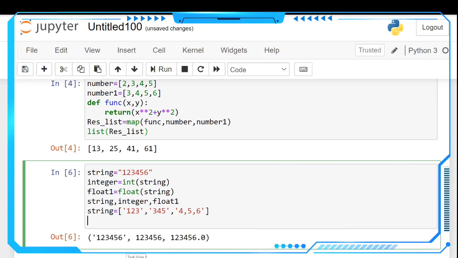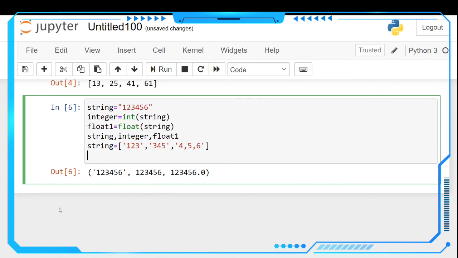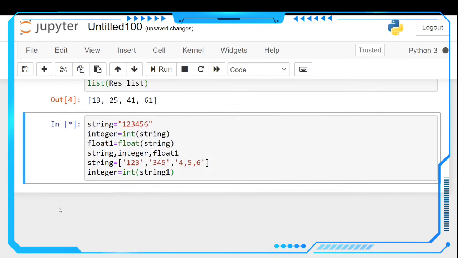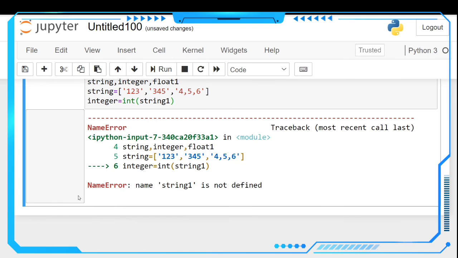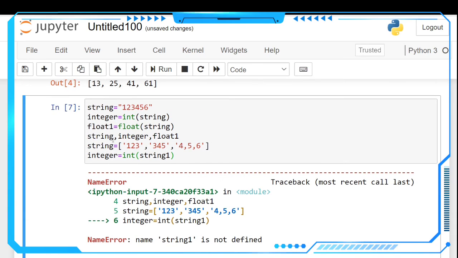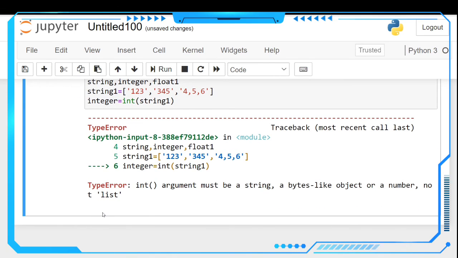We have to convert all of these into integers. So how can we do that? Let's try the above operation: integer equals int of string 1. It is not going to work. It is throwing an error, a type error, for string 1.